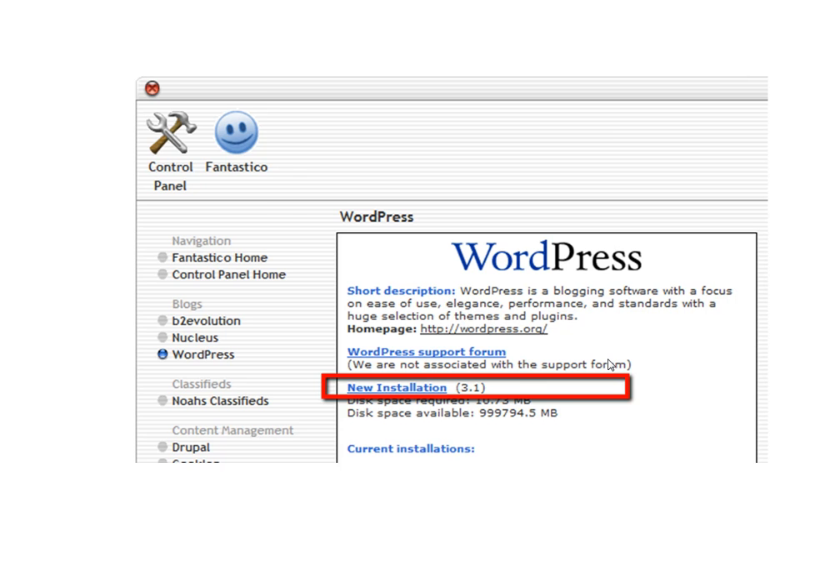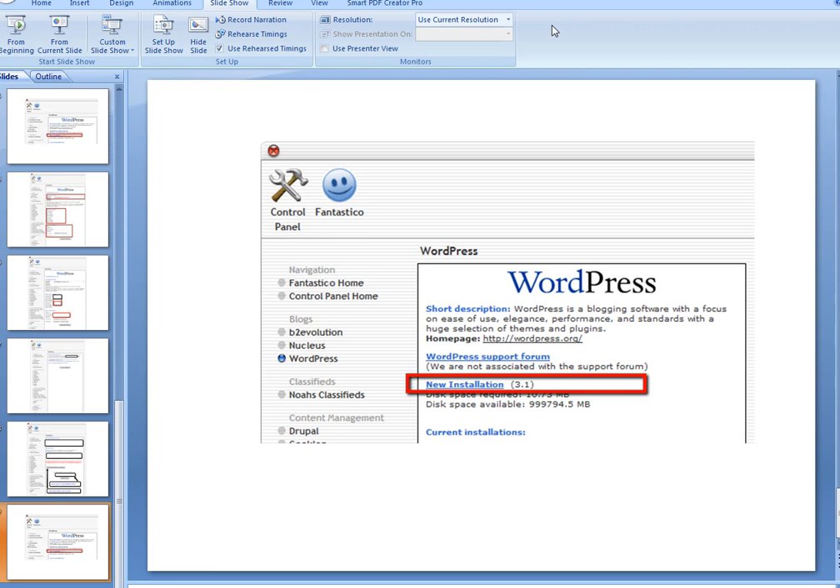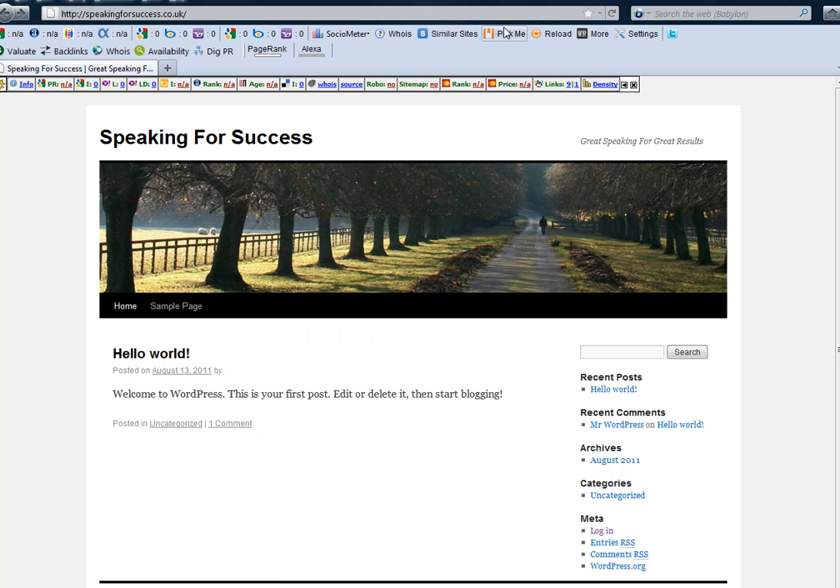And once you've done that, you go over to your browser and you type in the name of your site, speakingforsuccess.co.uk, and this is what it's going to look like. This is the basic page that you get with the preset templates. Your site name is at the top here, and your site description is over on the top right hand side,